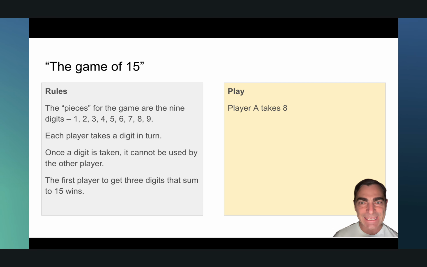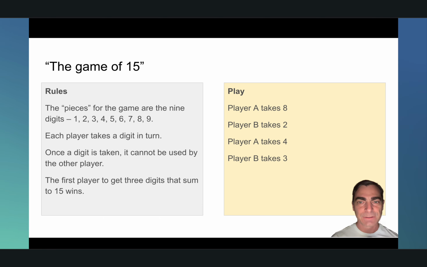So player A takes 8. Player B takes 2. Player A takes 4. And player B takes 3. And player A takes 5. Now,